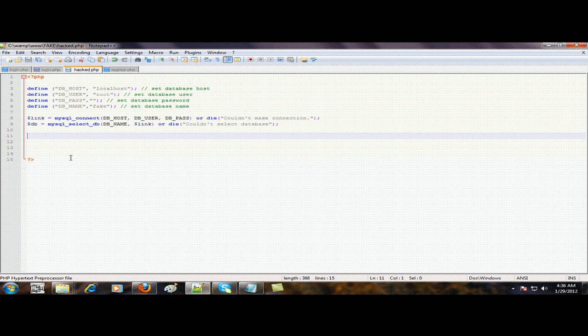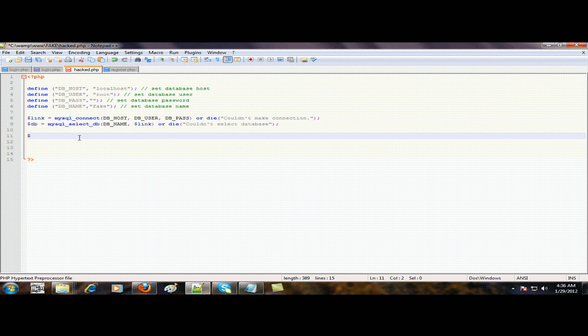So now we will be grabbing all the values in a variable. We will be saving the username value in one variable and the password value in another variable. For this one, just write the $ sign. It is compulsory while declaring any variable in PHP.